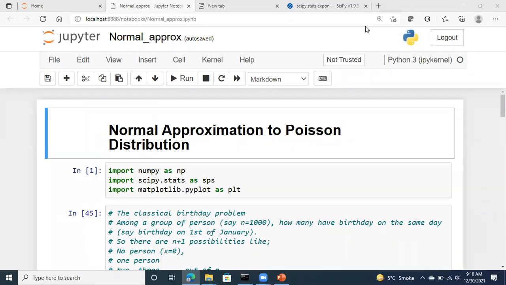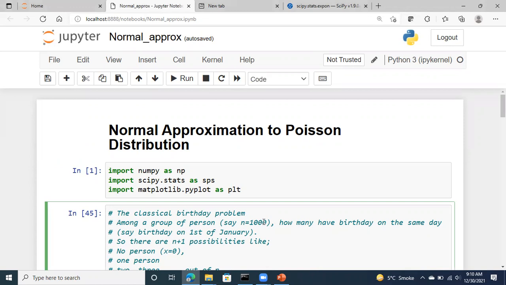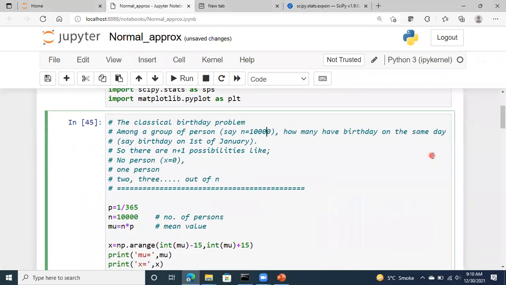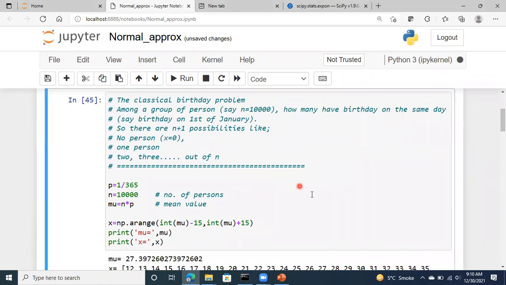Now, our problem is to solve the classical birthday problem, but for an even larger sample size. The sample size now, say, is 10,000 persons. So the first cell imports the libraries. Now I have defined again the probability P as 1/365, and the number of persons, the sample size,